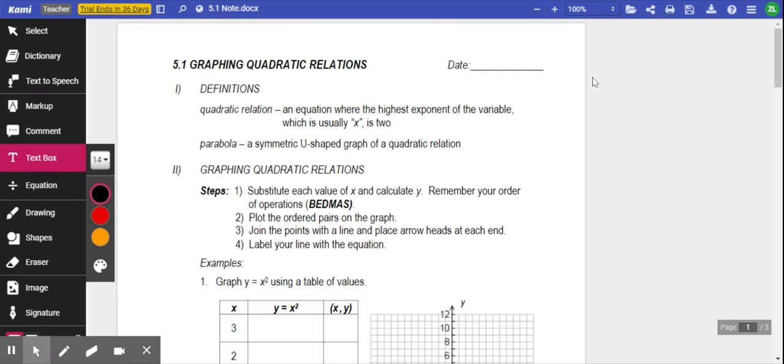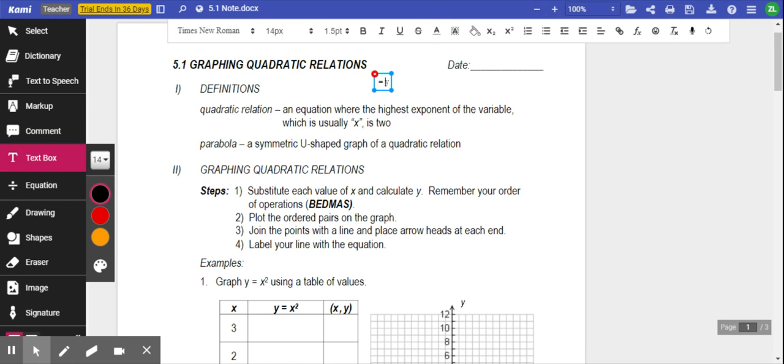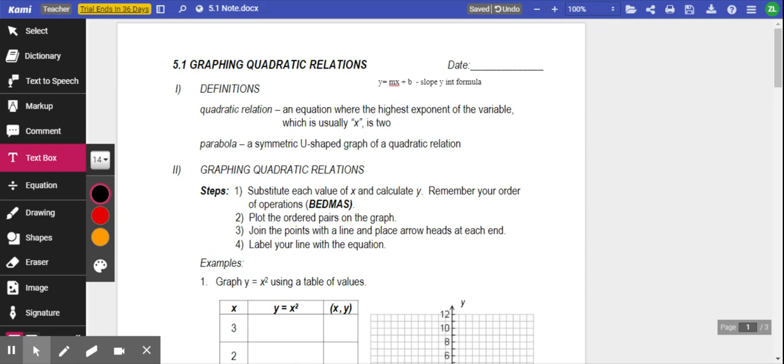So we've dealt with linear relations, which are straight lines, where a lot of the time we see them in the form y equals mx plus b. We see this as our slope, y-intercept formula, and that being our linear relations. Now we're going to go into quadratic relations,